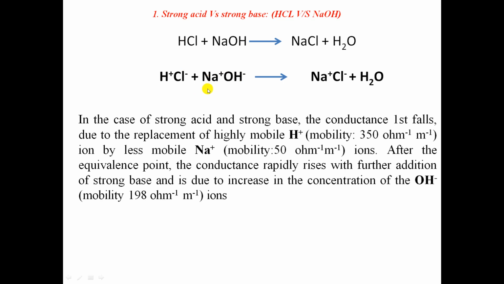At that point, when all the molecules of HCl are neutralized by NaOH, whatever NaOH we add afterwards will remain unreacted. If the NaOH remains unreacted, it will exist in the form of Na+ and OH- ions. At that point, conductivity starts increasing, because to neutralize the HCl we have already added NaOH. Because of that, the Na+ ion concentration is increased in the solution.